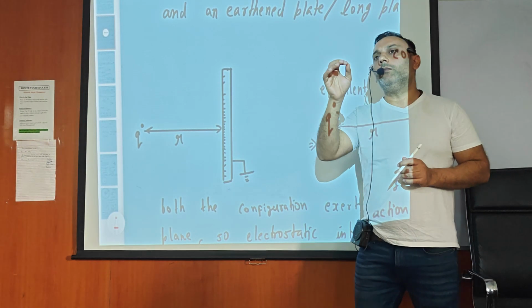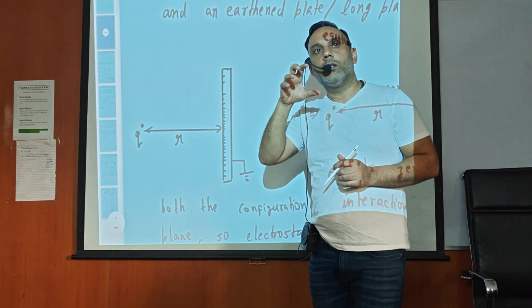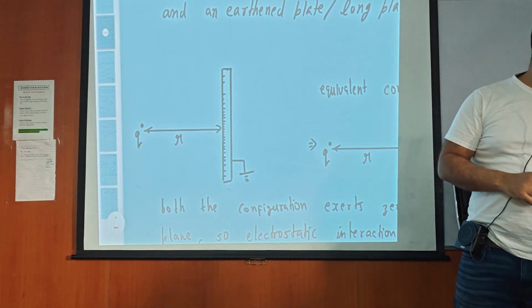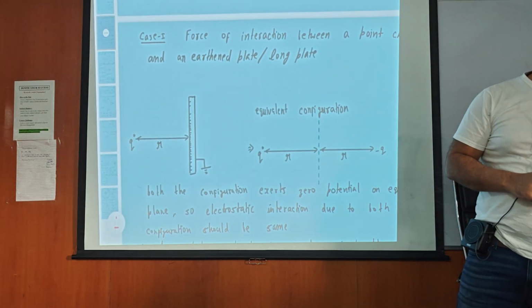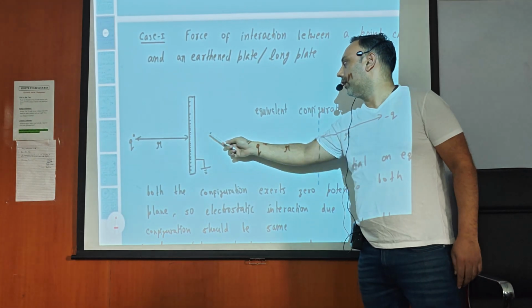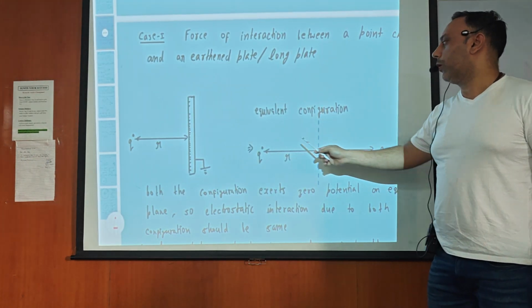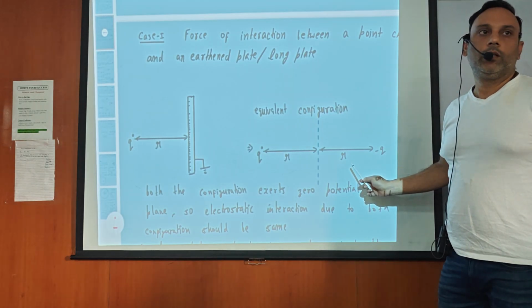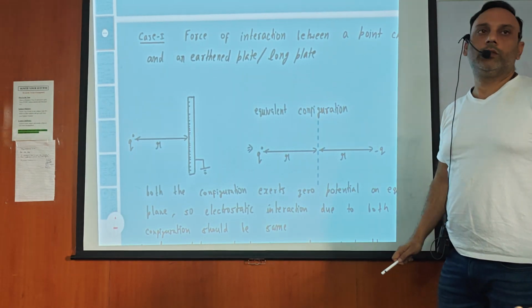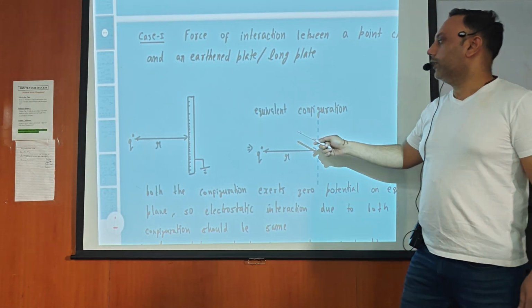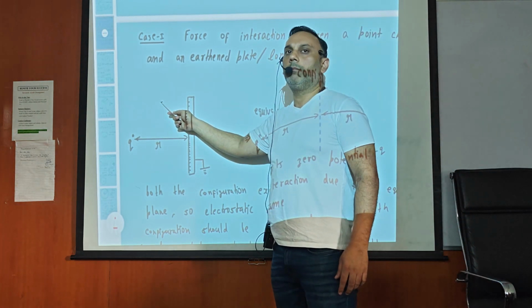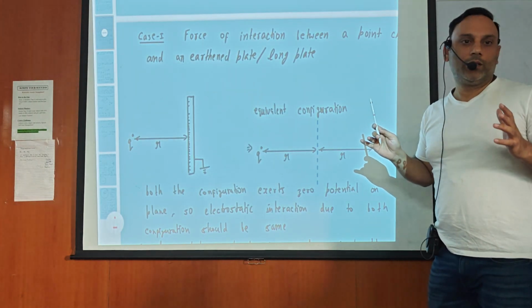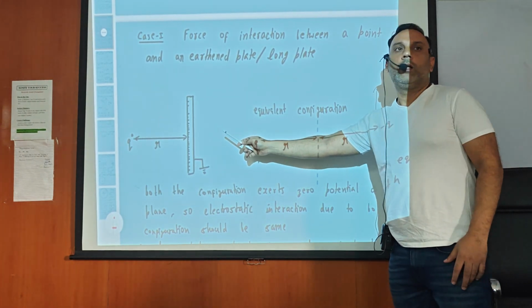So you should have the same expression of electric field at any point, right? So I can say that this configuration is equivalent to this configuration with point charges Q and minus Q. That is the equivalent configuration. Here the potential everywhere on the plane is zero. Now for this configuration, if I want the electric field at any random point, I can just find the electric field due to these two point charges. Finish. Now things are going to become very easy.